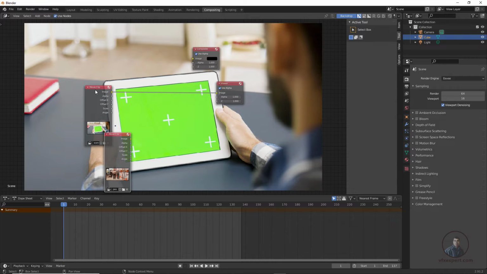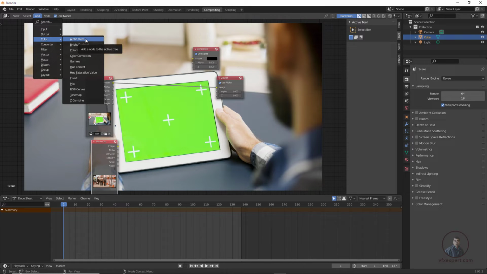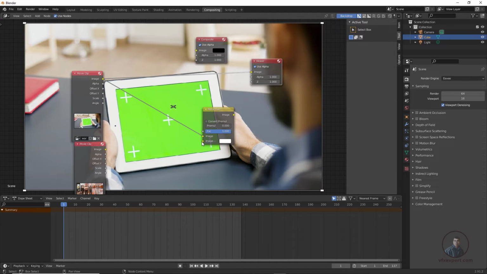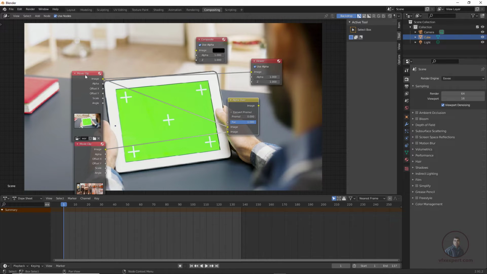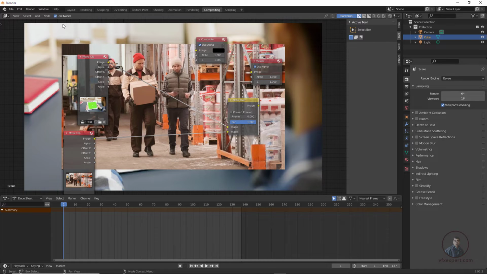So for this, first we have to take an alpha over node. Click on add, then again click on color and alpha over node, then click it here. So in the alpha over node mainly two inputs are there. There is our background input and there is a foreground input. So connect your background with this first input, and the image which you want to place on top of this screen, we have to connect with this second input. So now here I have connected. Then after this hold Control and Shift and click on this alpha over node. So now you can see there is the compositing.